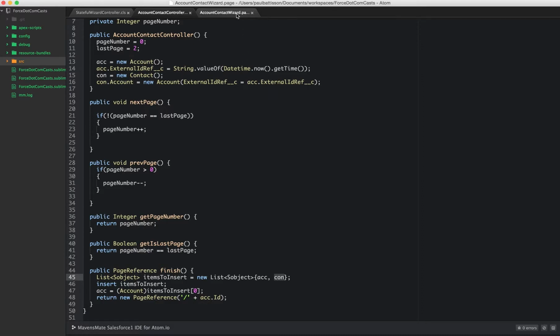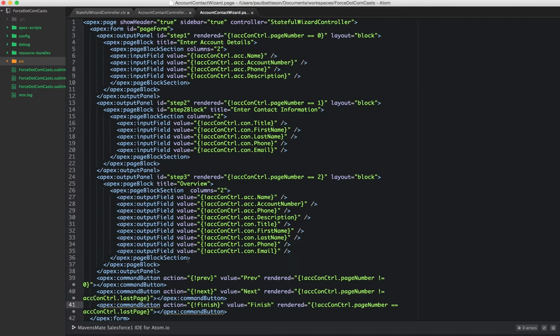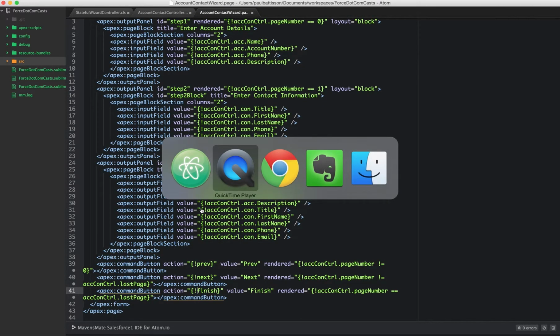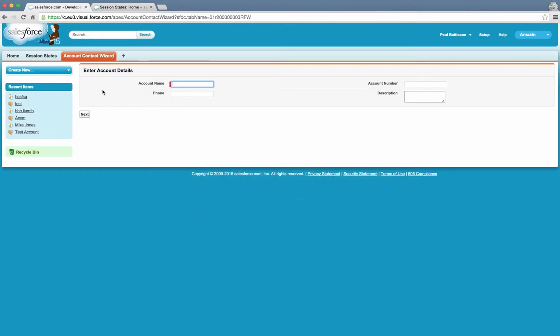So that's it. The page has been updated just to contain some input fields and output fields. Nothing very complicated there, stuff that you will have seen before, and it doesn't really warrant going through, as I'm sure you know how to make Apex input fields and Apex output fields. What's more interesting though is if we go here, this is our account contact wizard page,